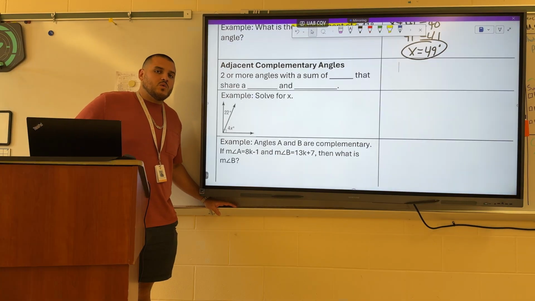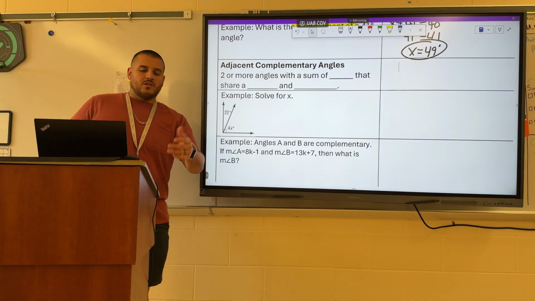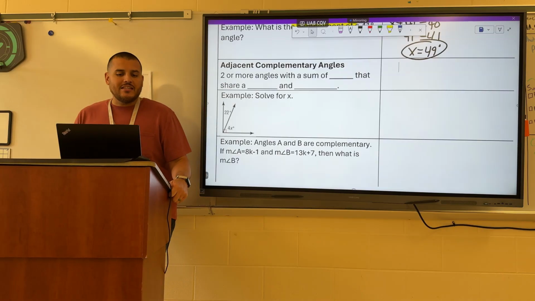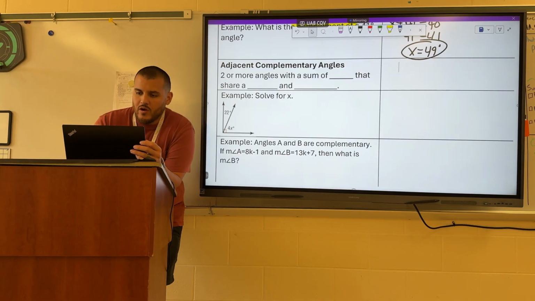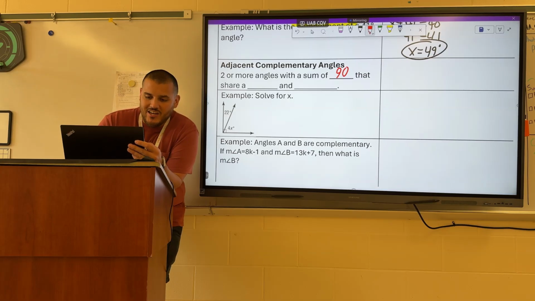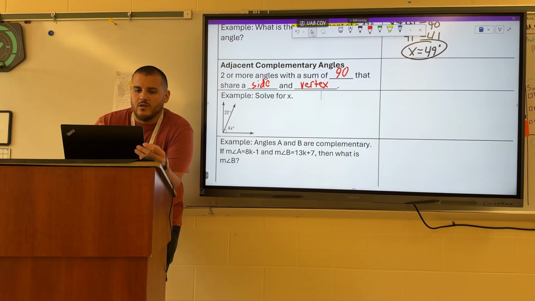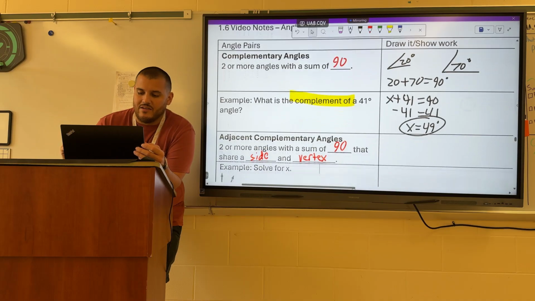A lot of our angle pairs will include adjacent angles. Complementary angles are no exception. Adjacent complementary angles would be 2 or more angles that have a sum of 90 degrees that share a side and a vertex together. So if we took those 2 numbers I showed you earlier, the 20 and 70 degrees,